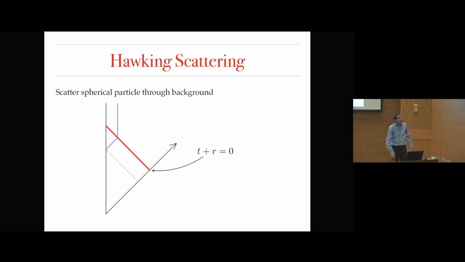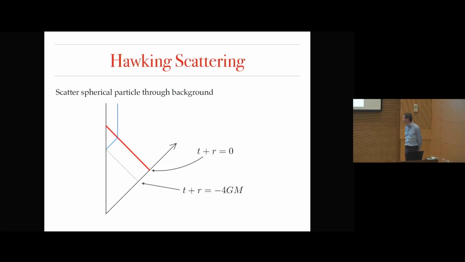Right? Now I want it to come out. It's a scattering problem, so something comes in, something comes out. So we need to think a little bit more about the picture here. The radiation, as I said, that's collapsing in to form the black hole, is this red line. That's associated with some parameter in this line. So this line is the t plus r axis, and the radiation is on the line t plus r equals 0.